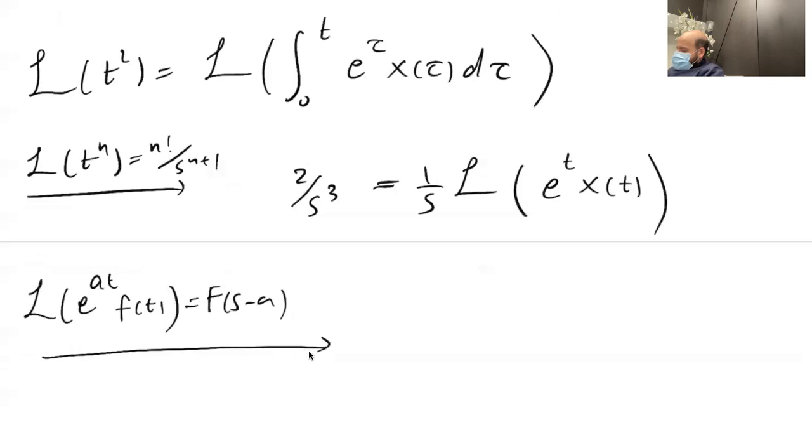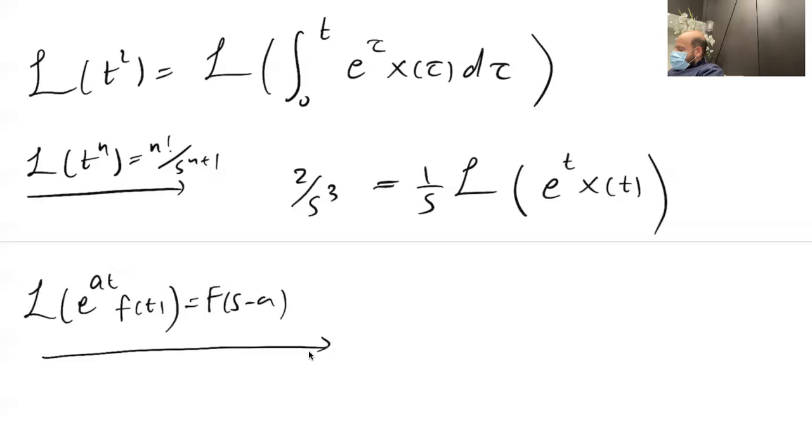So this is a formula we have seen before for the Laplace transform of e to the power at times a function. So here we have the Laplace transform of e to the power t x of t. So it's going to be F of s minus 1,